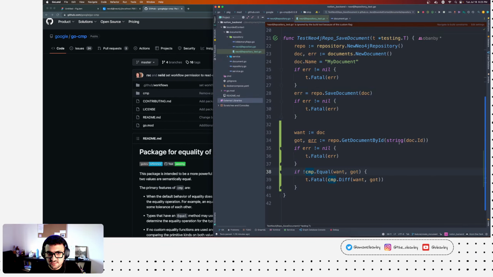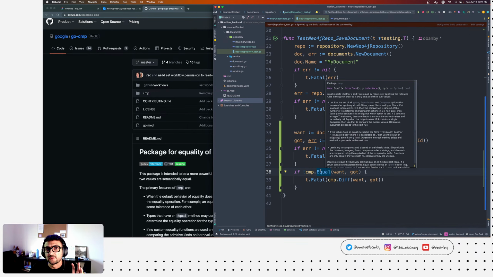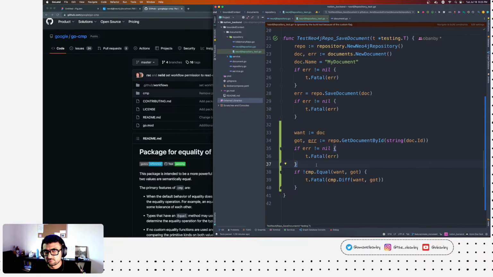So the idea is simple. You have a struct, for example, or two arrays, and you want to compare if the values are equal or not. You can use compare.Equal, right? One thing to keep in mind, compare.Equal would only work on exported fields, right? So if you have any internal fields, it actually might panic. So watch out for that. Great.